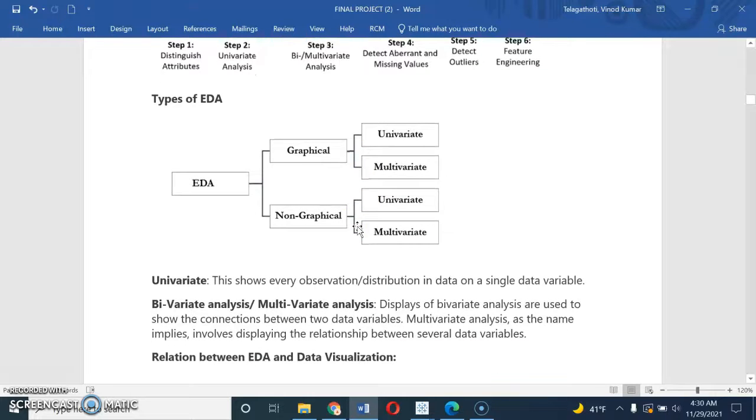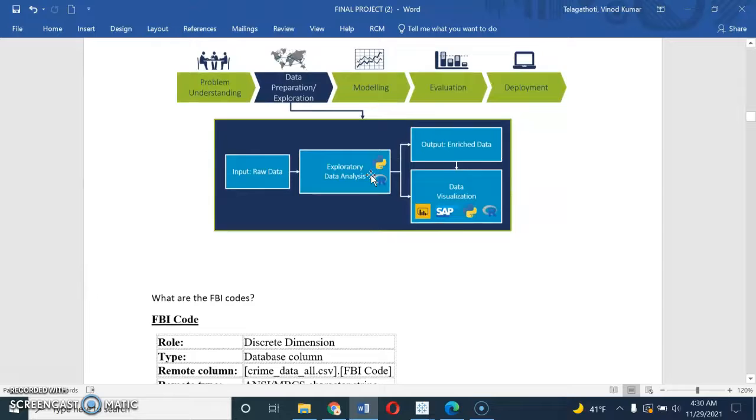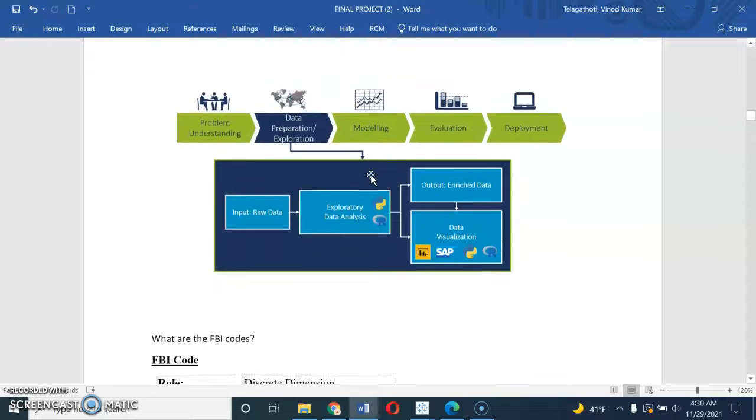There are different types of EDA. EDA is graphical and non-graphical, and further it is divided into univariate and multivariate. Univariate uses a single variable, and multivariate or bivariate uses two variables or more than two variables.